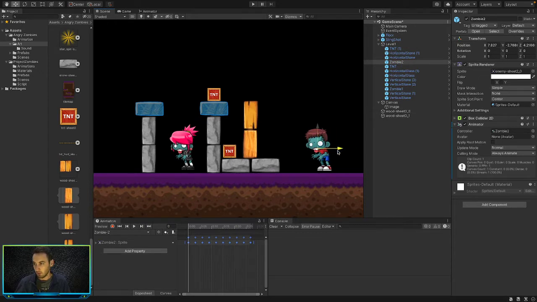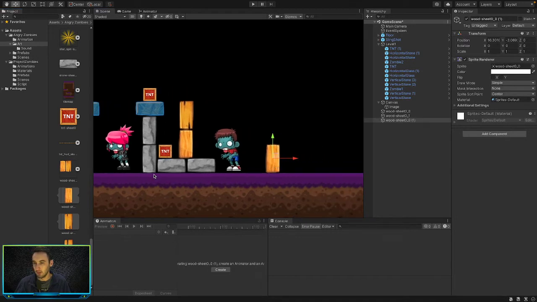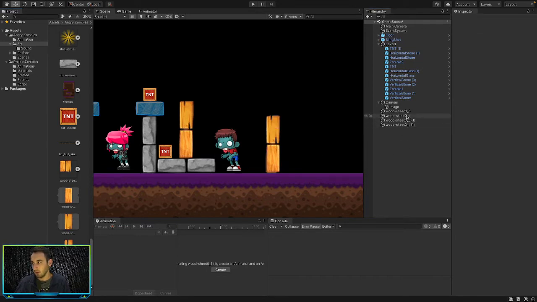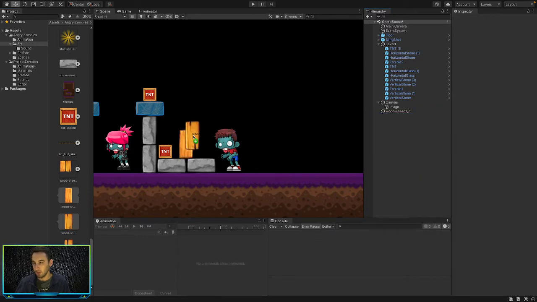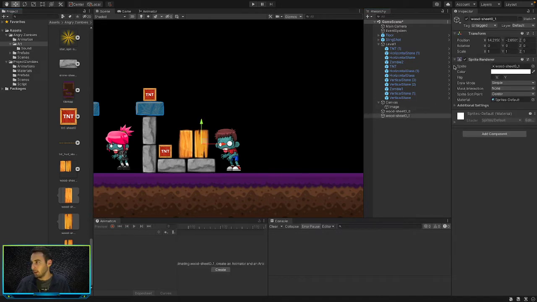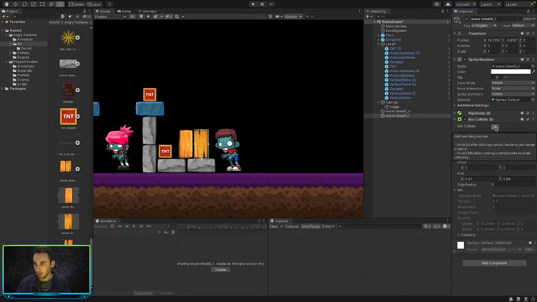So we'll put this guy in here, and then we'll just add in another wooden block over there, and then another one on top of that. Oh, actually, let's go ahead and delete all of these, because what we want to do is drag this one in, and then first of all add in our rigid body 2D onto it, and then also our collider 2D, box collider. Make sure we don't have to edit our box collider, we don't, so that's fine. Then we will rename this to